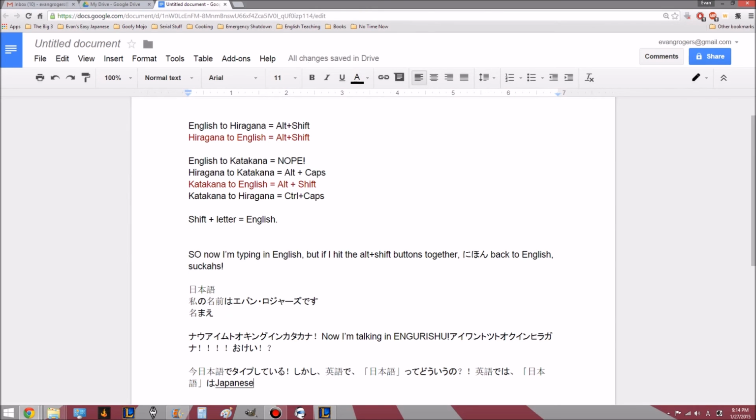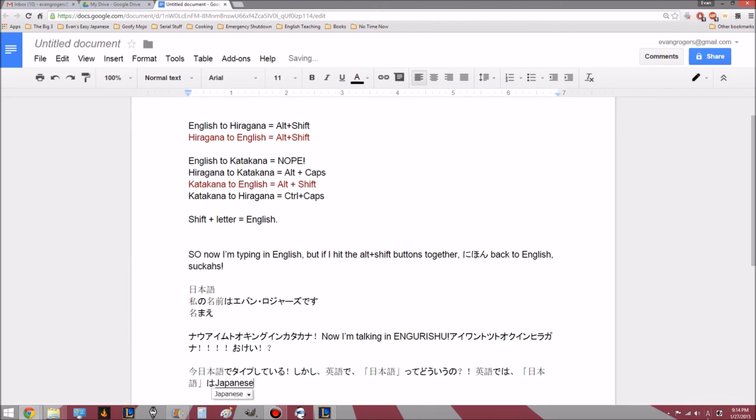Now, if you notice, this did switch back to English, but the J is still up. We're still typing using the Japanese input method. And then, as soon as I hit the enter button, it went right back to hiragana. So watch this little thing right over here as I do these little buttons again. I'm in hiragana mode right now, but I'm going to hit shift and type in